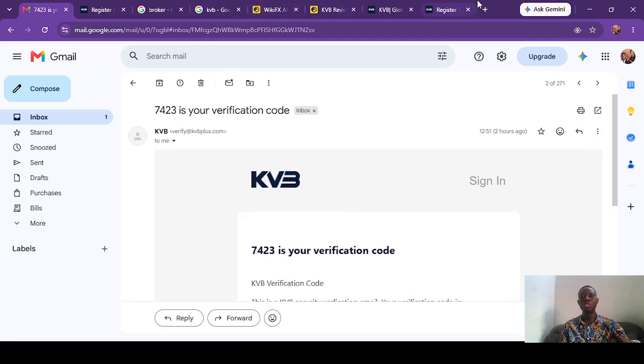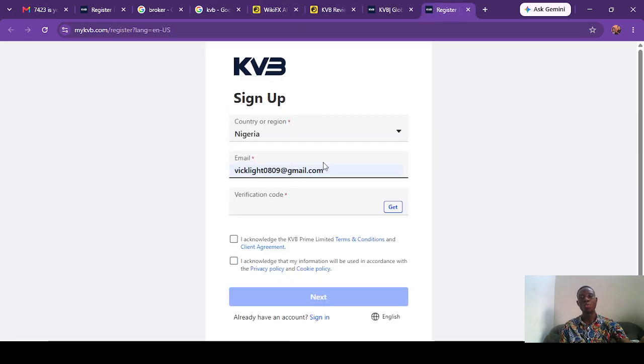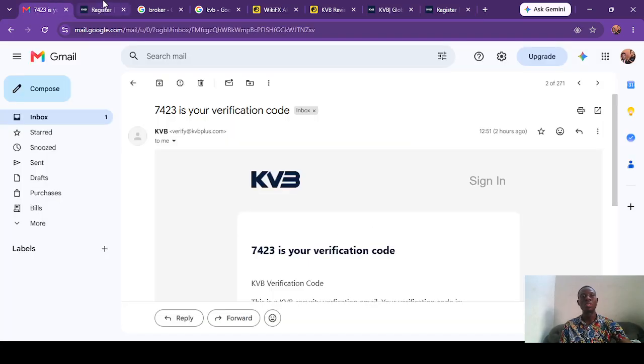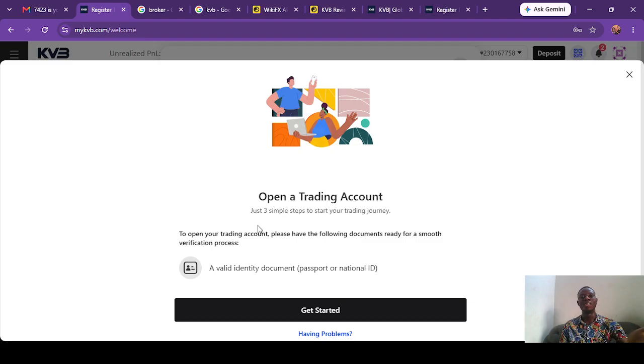Once you get the code, you go back to where you are doing the registration, put the registration code, acknowledge the terms and conditions, then you click on next. Immediately you click on next, this is where the site will take you through. It will say open a trading account. Then you need to upload your documents, which are your IDs. You know, if you have your international passport or your national identification,